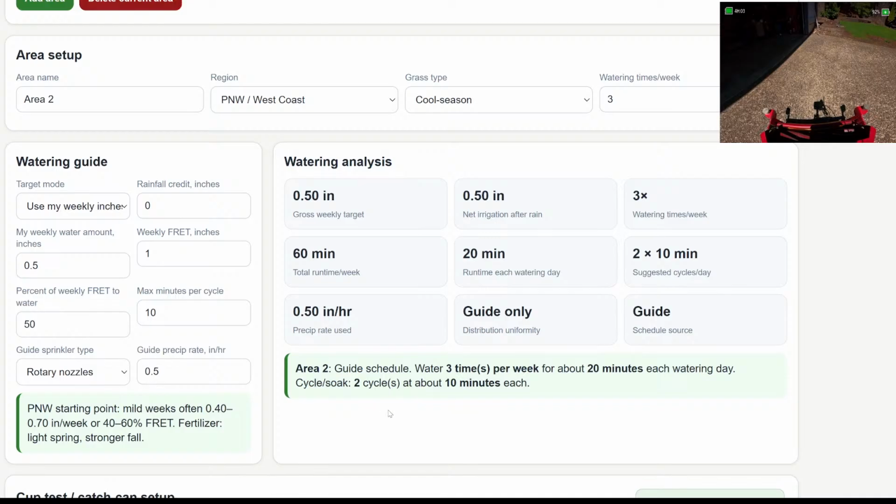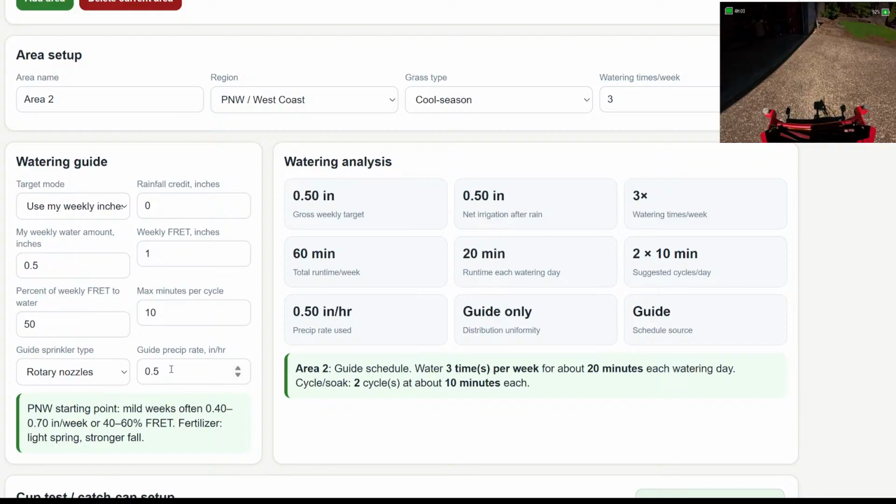So what I've done is I have an area here, and this also works with evapotranspiration. I've got a link to evapotranspiration so you can figure all that out. I've got it set up by areas, regions, type of lawns, and how many times per week you want to water. And this is just a watering guide only if you wanted to, say, put a half inch down, the percentage of ET that you want to water with and everything like that. And this is going to end up calculating out right here how long you're going to want to run your sprinklers based on what you have here.